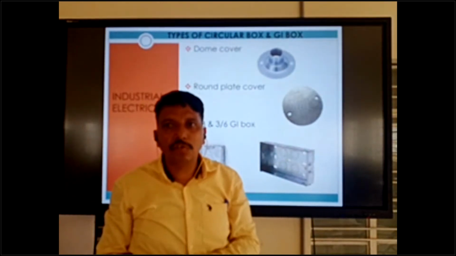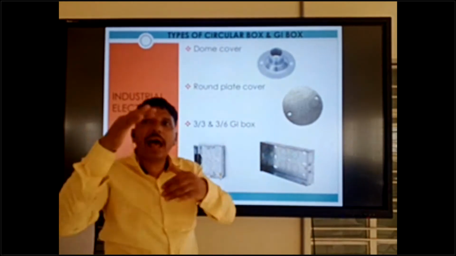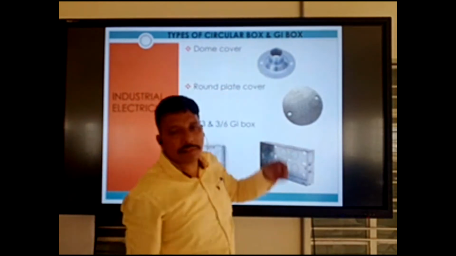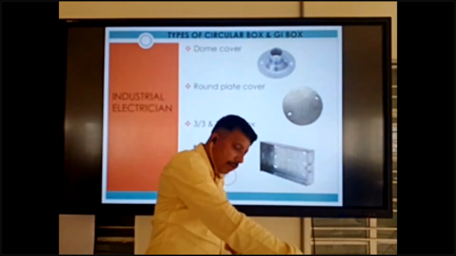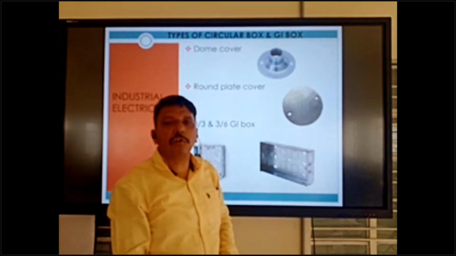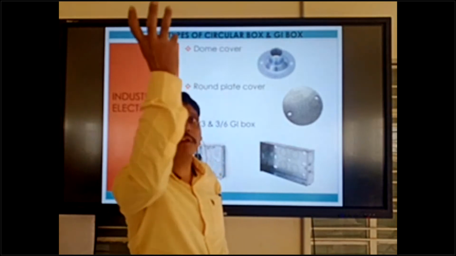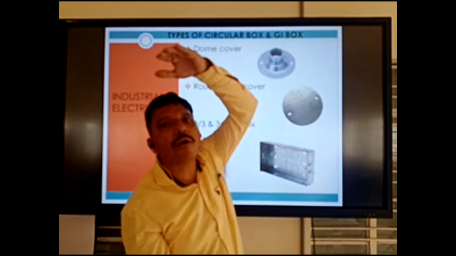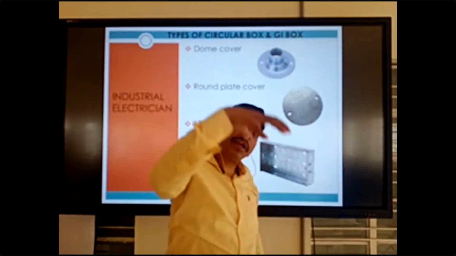So sometimes some lights are coming in a hanging system, some fans are coming in a hanging system. That time we can use the dome cover. There is a thread system. So one pipe we can drop, depending on how much height is required from FFL, finishing floor level. First we fix the dome cover in the point area, and your wire should be near the downside because your equipment is coming ceiling to down, hanging system.